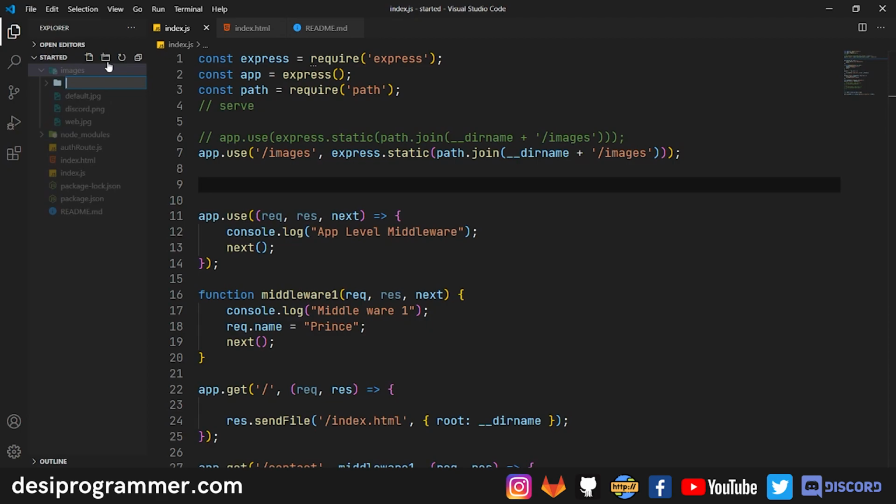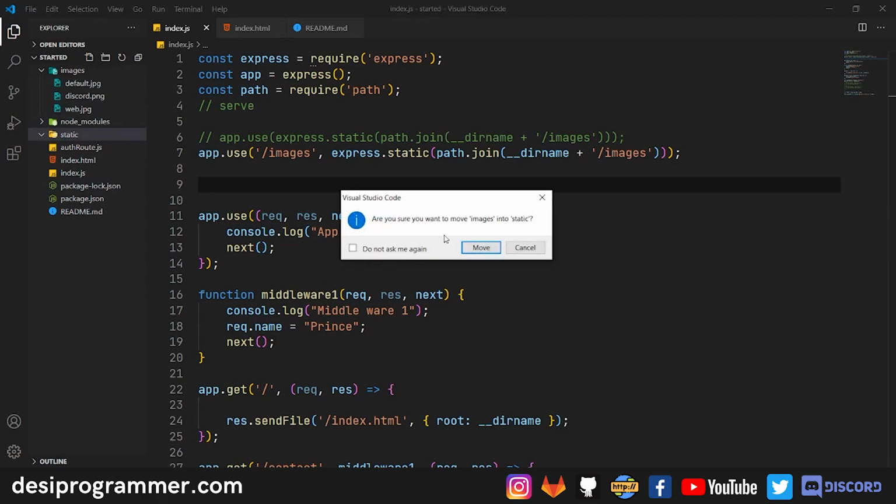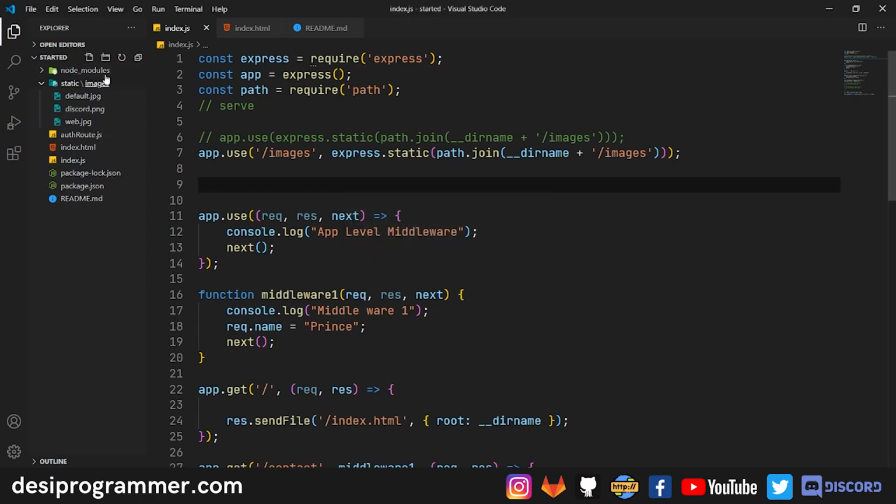So basically you use simply public when all your static folders are public, but let's say you have some user specific data, then you may create different static folders like public, private and admin. Let's say right now we don't have much of that, right? So I just create a root level directory named static. In that root level directory, all that I'm doing is grabbing my images folder and putting it into my static directory. Okay, great.